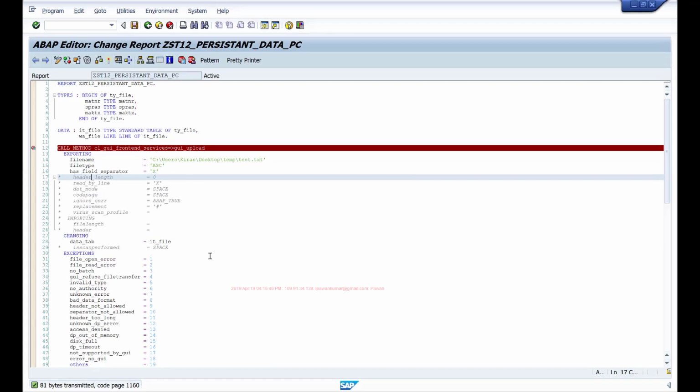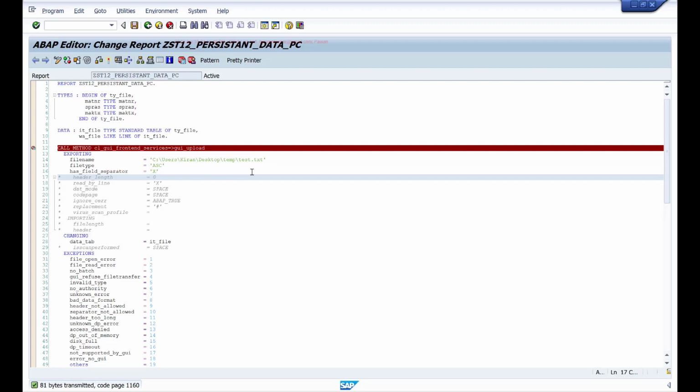Using these GUI upload and GUI download methods of this CL_GUI_FRONTEND_SERVICES class, you can persistently save the data on the user's workstation or upload the data that is stored on the user's workstation. Sometimes the users will have some Excel file or a text file that they've received from another system or another application. They'll download it from that application, and then they'll want you to create one ABAP program which can process this data and update it in your SAP system.